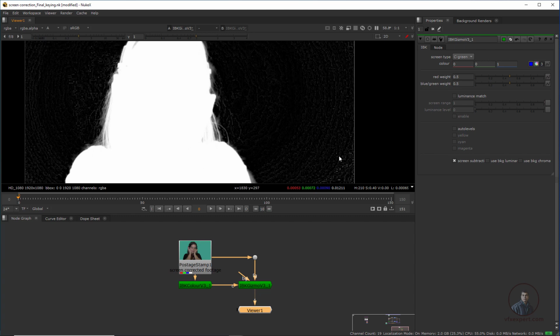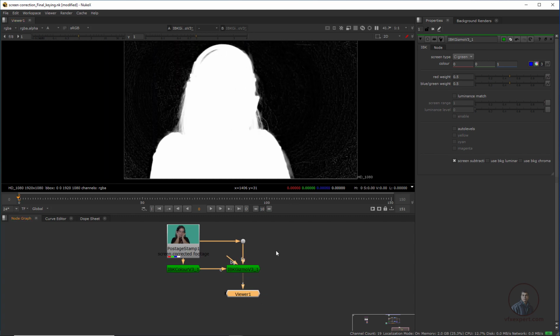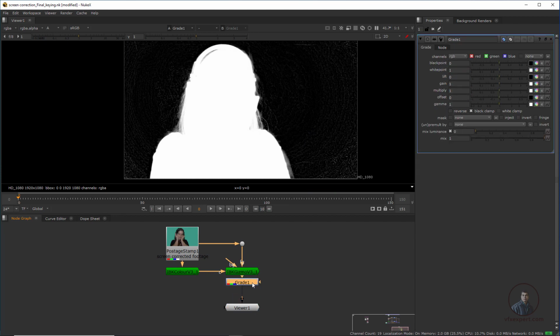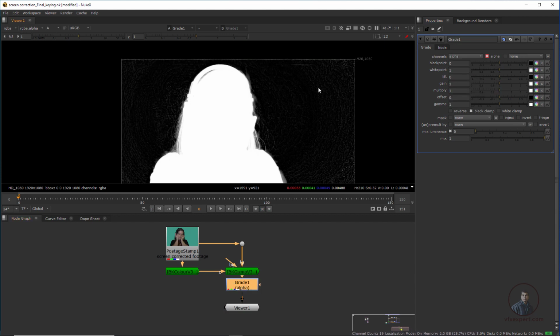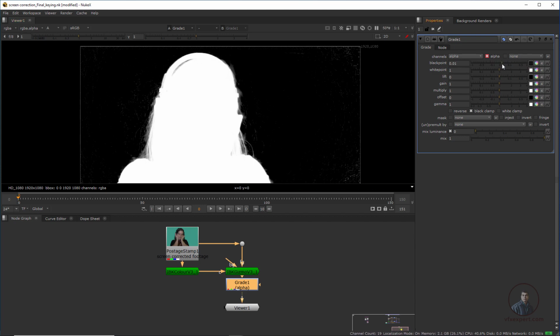After this we have to correct all these grains. For this, take a Grade node: select this, press G, double click, and in channel select the alpha channel. Adjust these black grains a little bit, but not too much, because we have to maintain all these details.